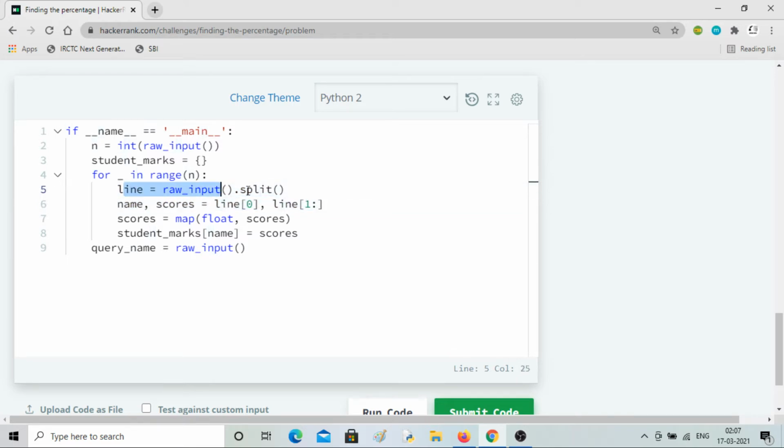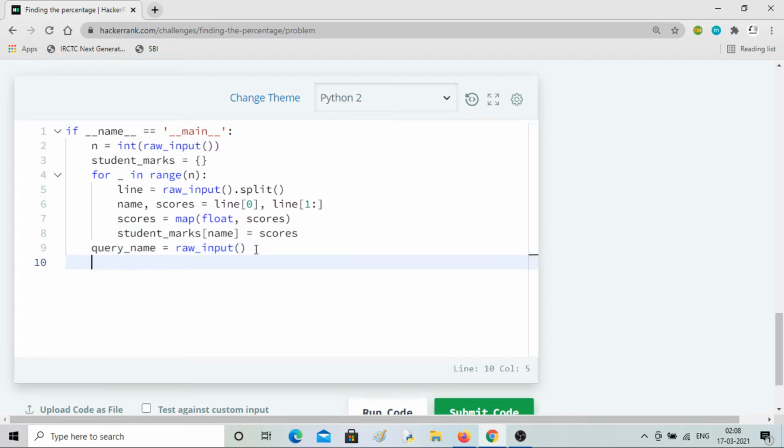The full line, name and numbers, is split into name and scores, and then the scores are mapped to float numbers. Scores can be float also, right? And then it is saved like this, student marks, name and then scores. And finally we are getting the query name.